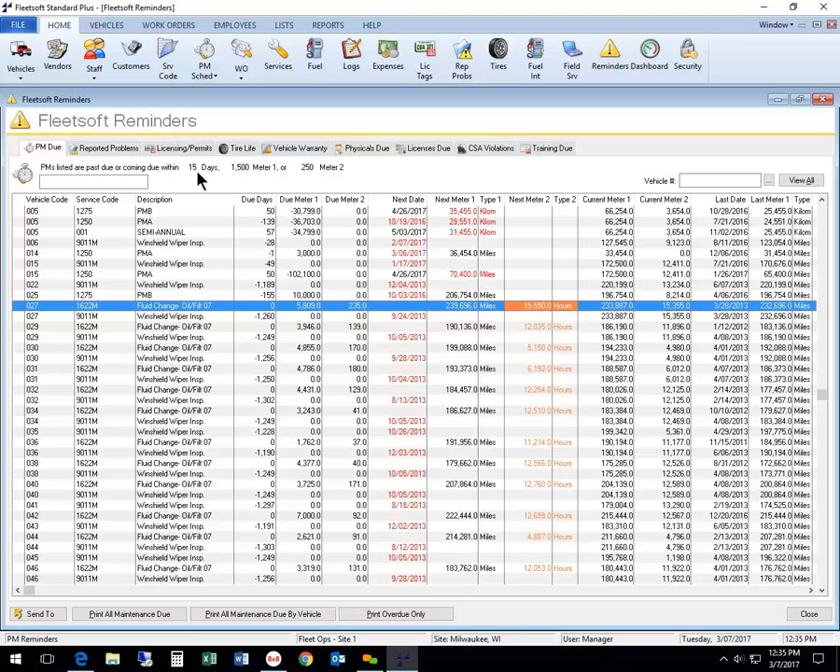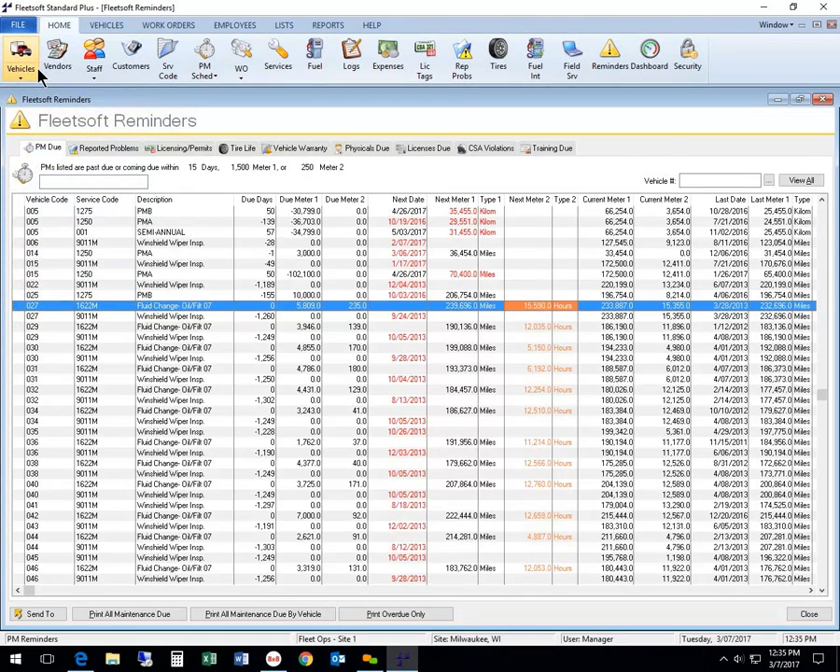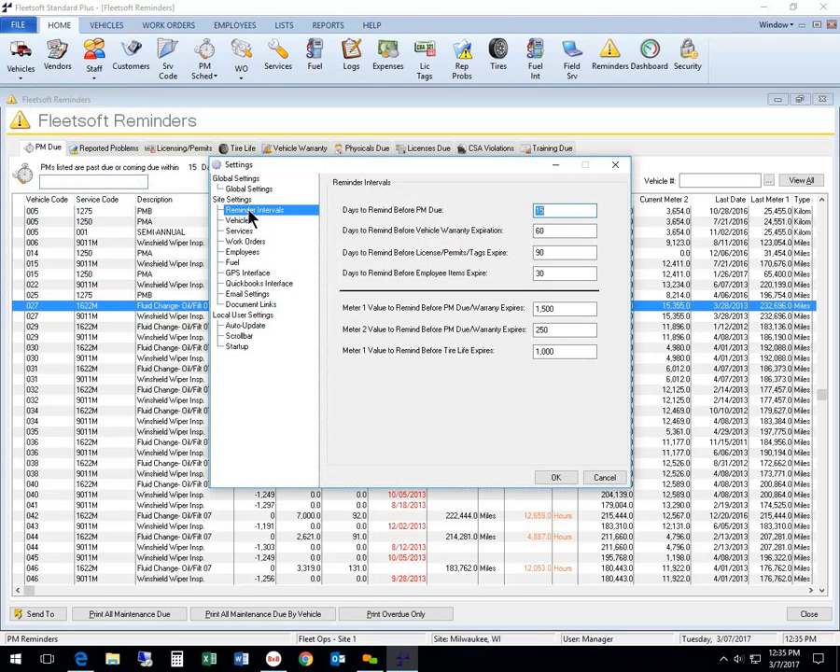Yep. So if you want to change these to whatever you want, go up to File and click on Settings. We have this Reminder Intervals setting here, and here's where you can say days to remind before PM due. So you can change this to whatever you want. If you want to do 20 days or whatever you feel is good. And then down here, this is for your PMs for mileage, and then this one is for your meter 2 for your hours. So you can change that to whatever you want. Okay, and that's under the